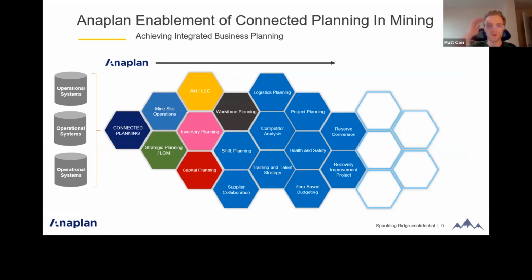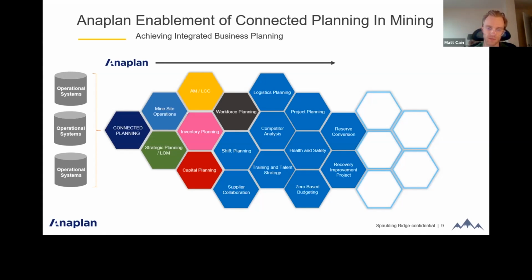There we go. Okay. So if we look at that honeycomb a little bit differently and we look at what the journey might look like, this is thinking about a left to right time spectrum of how you may deploy Anaplan and how we've seen some organizations go about deploying it. So we have the same concept of this honeycomb. But if we think about how you may expand left to right, where organizations typically start is looking at their